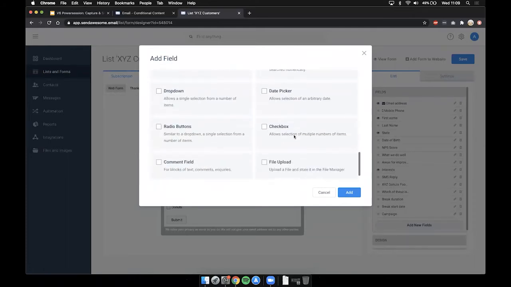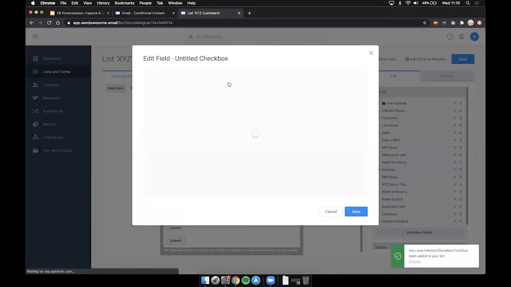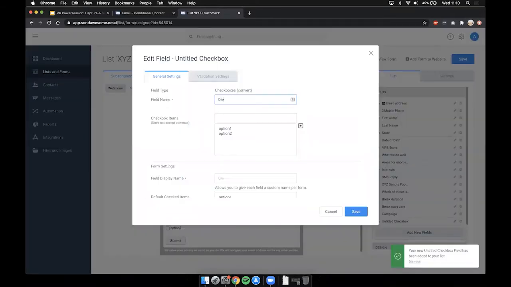So in my case, people can have multiple dietary requirements. They could be vegetarian and gluten-free, for example. So if I use a radio button, which is where they can only select one thing from a list of items, that may not work because, again, if you're vegetarian and gluten-free, you can't choose both. So a checkbox in my case is the type of field I'm going to choose because it allows people to select more than one answer. We can then give it a name, so dietary, and down here we can pop our values. So I might just put in there gluten-free,